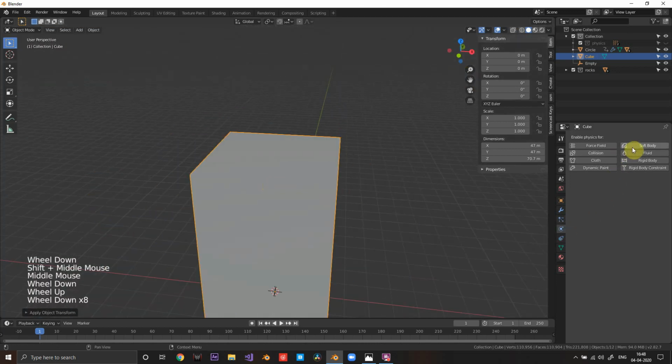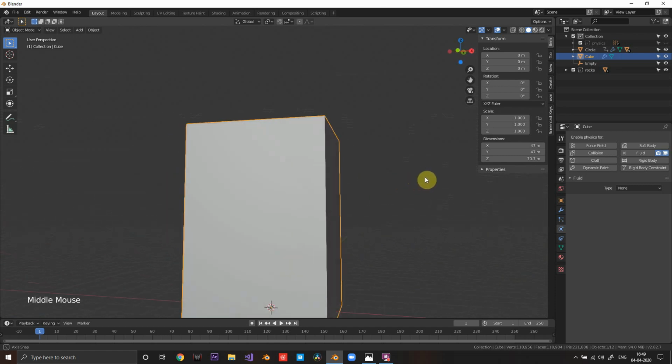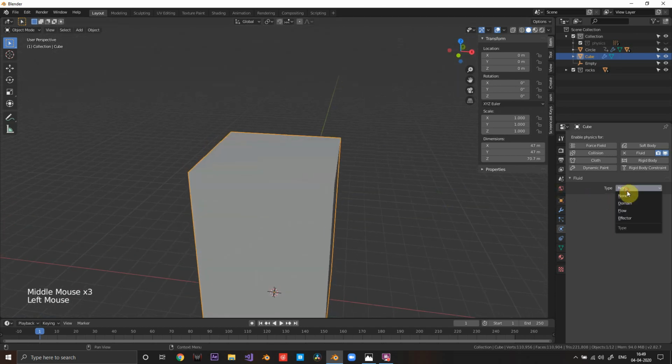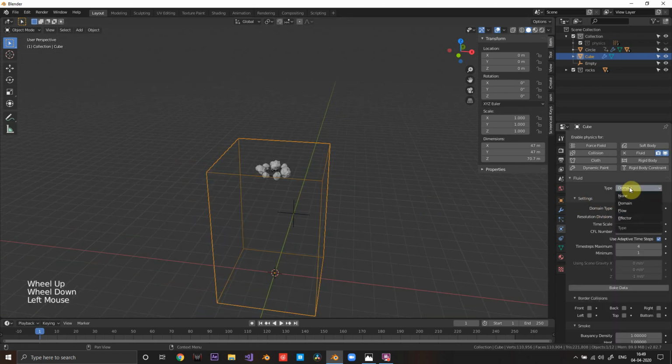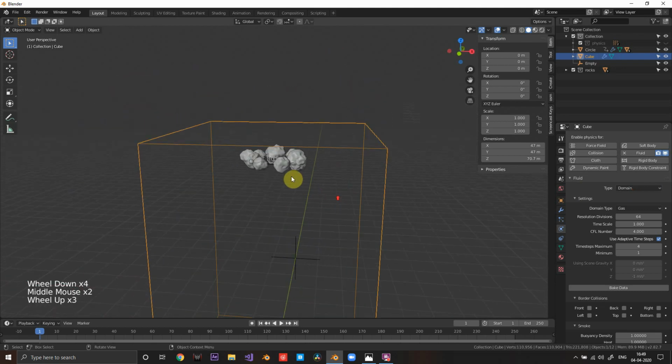Now I'm gonna add the fluid simulation. From Blender 2.82 onwards, it's going to be under fluid simulation, because Blender has entirely changed the smoke simulator. Before, it was Blender's own smoke simulation. Now it's called Mantaflow, which is way better, in my opinion, everyone's opinion in that case. So we're gonna set its type to domain, because this will be the area in which our smoke simulation is